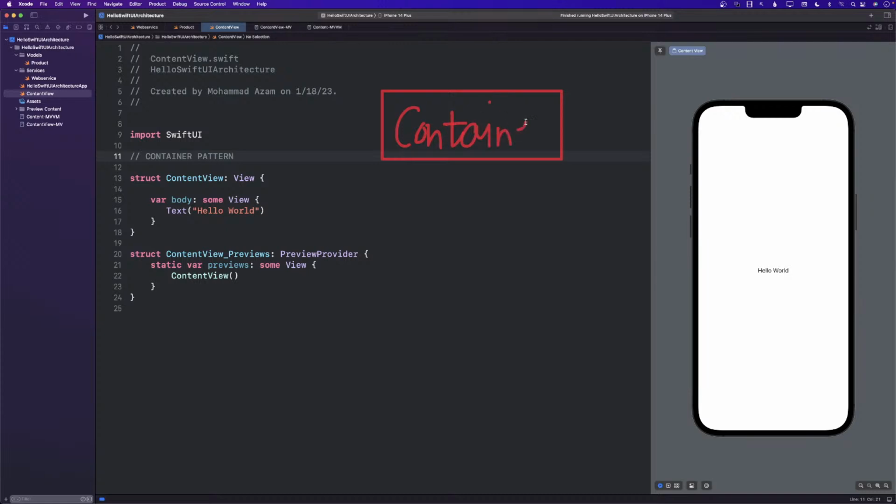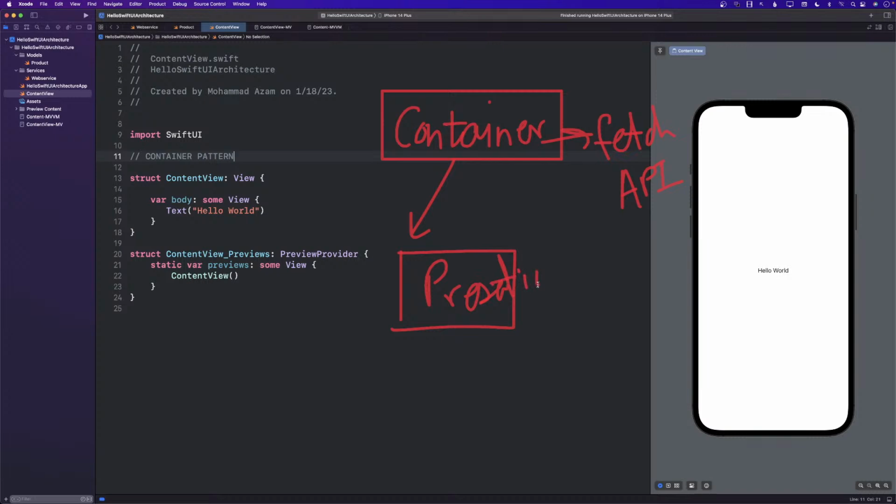And inside the container, inside this view, you will make a call to fetch the data and whatever you want to do. This is also known as the view only, but the real name is container pattern. So we will fetch the API right from the view, and it's going to pass down to another view to display it. That will be called the presentation view or the presenter view.